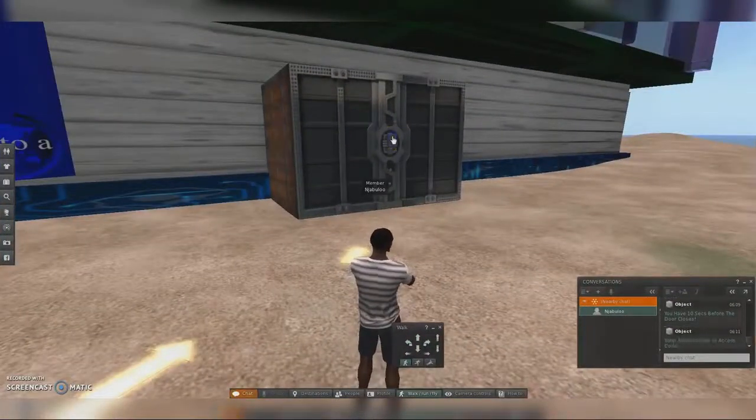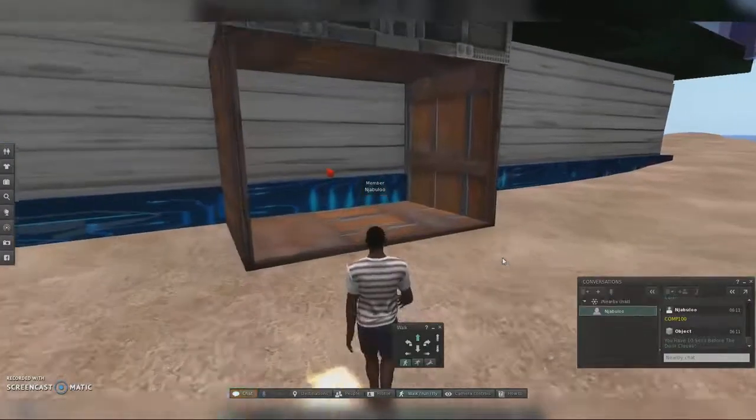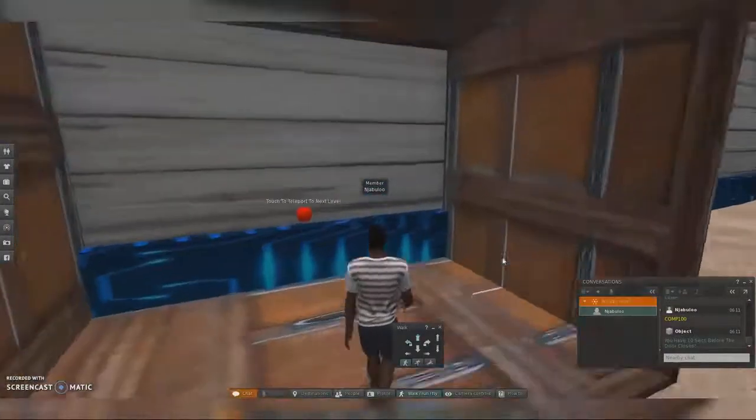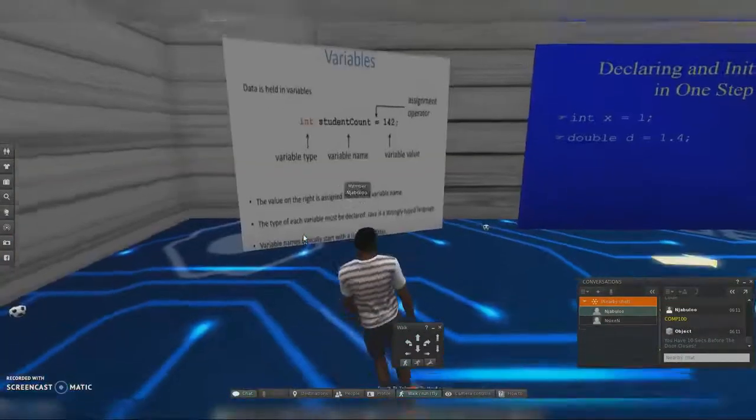This door is going to open for 10 seconds. You need to provide the code, the module code. In this case, it's COM 100. And the door will verify the code and it's going to open. Then once you get inside, you can teleport to the first